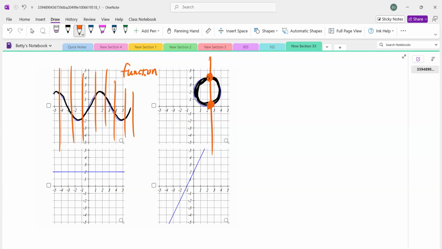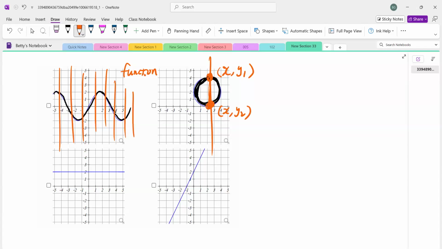As you can see, this vertical line crossed the graph more than once, exactly twice. And let's say this point is x comma y1, and this point is x comma y2. So you can see those 2 points, since they are vertically aligned, they have the same x value, but they